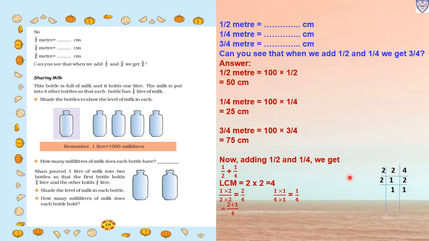Then we will make the denominator the same. The first fraction is 1 upon 2. We want the denominator to be 4, so what do we multiply? 2, and in the numerator also 2. So 1 2 is 2 and 2 2 is 4. The next fraction is 1 upon 4. Here 4 is already there, so we multiply by 1: 4 1 is 4, and numerator also 1, so 1 1 is 1. Now the fractions become 2 upon 4 and 1 upon 4. We write the common denominator 4. So 2 plus 1 is 3 upon 4. Hence on adding 1 upon 2 and 1 upon 4, we get 3 upon 4.